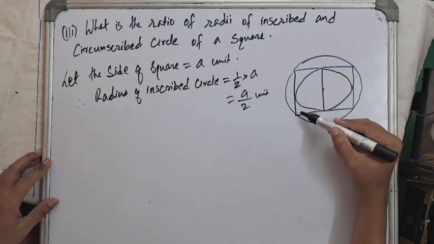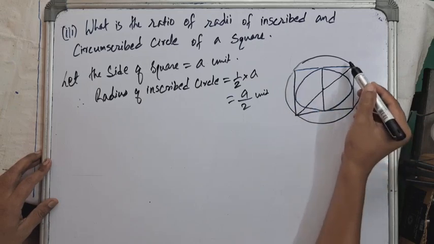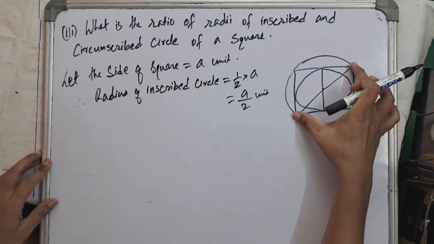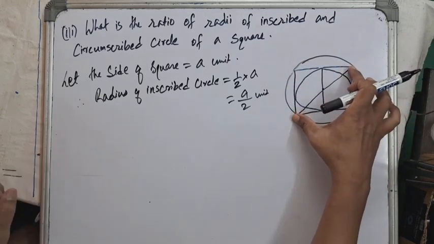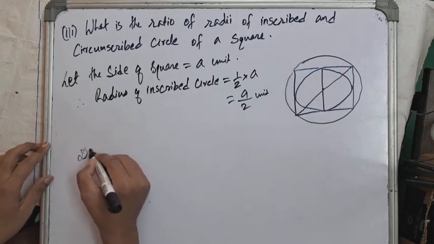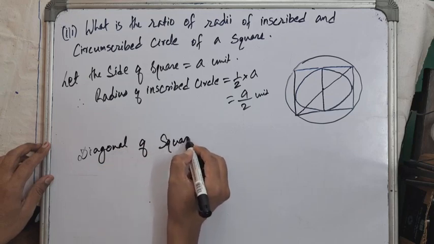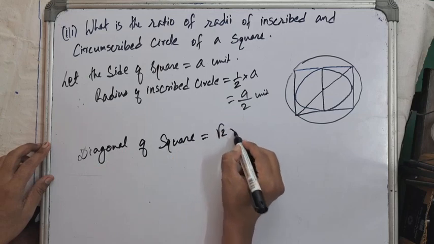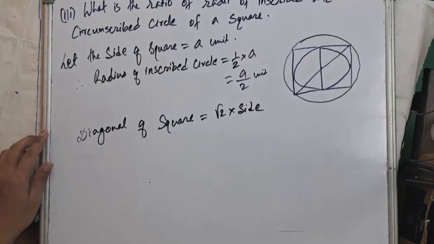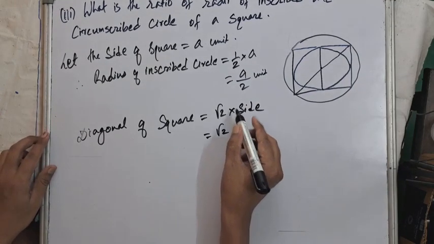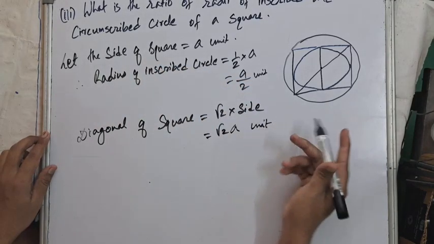Before that, we find the diagonal of the square, because the diagonal of the square is the diameter of this circumscribed circle, isn't it? So we find the diagonal of the square. The diagonal of a square is given by the formula root 2 into the side of the square. So root 2 into a unit, root 2a unit. This is the diagonal of the square,